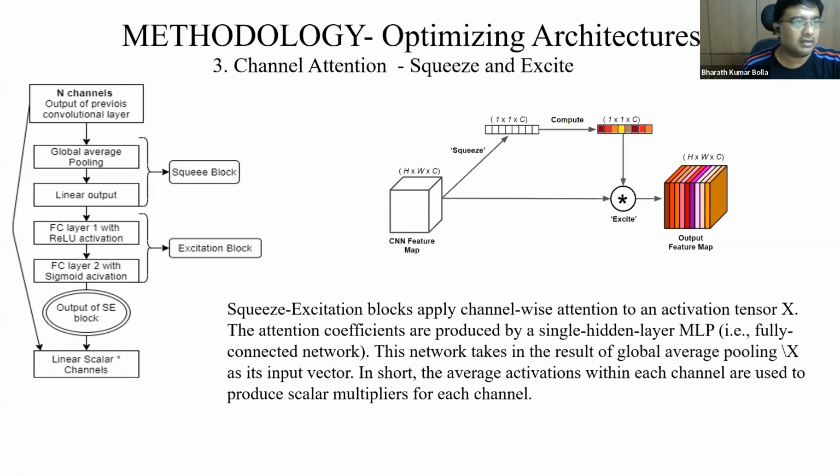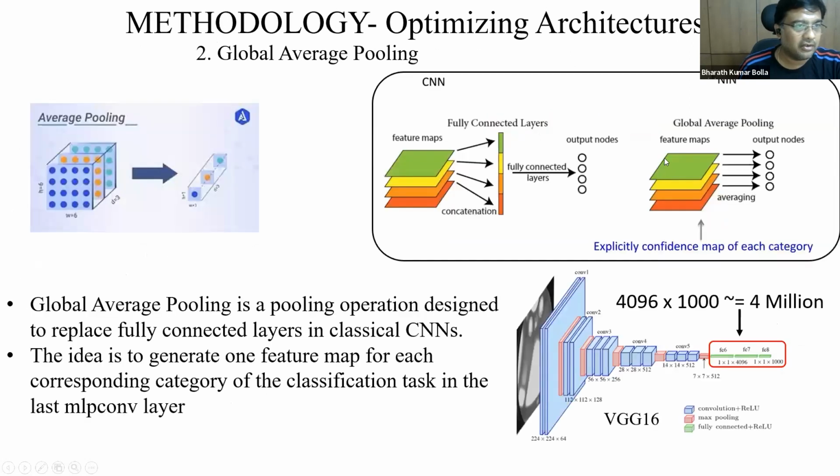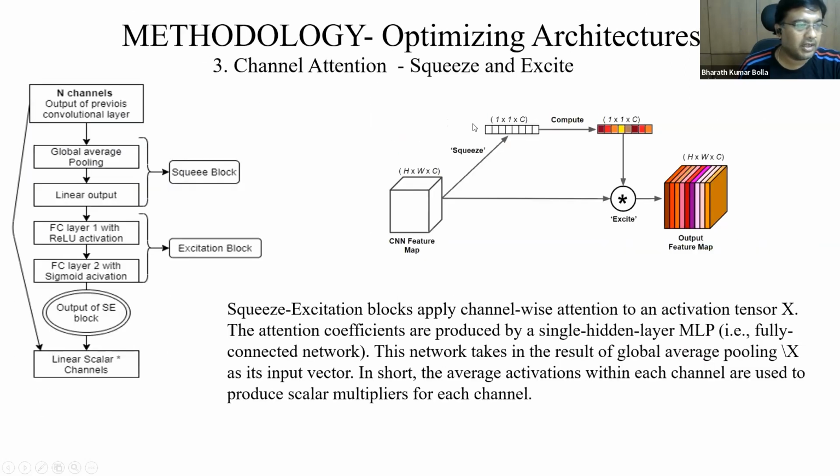So what would you do for that? Again, you squeeze these feature maps to a one-dimensional vector, right? So for example, you have C channels here, each of size H and W, right? Just like here you did with the feature map, you reduce it to a one-dimensional data point. So you end up with a C-dimensional vector here, and this you multiply with a small dense network. With this dense network, you are going to get an output. That output, again, you are going to apply to the original feature map, and then you will have an output feature map.